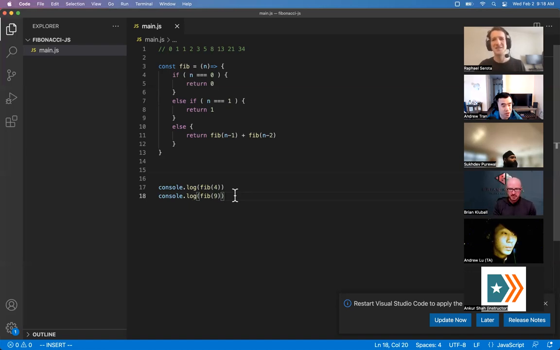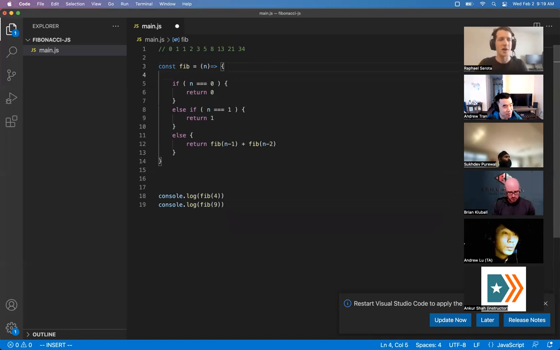Probably like 50 times or so. I think that's a good guess. How do you think we would investigate that question? You can add a counter before the return fibs or something. Yeah, I can actually just put it at the top just to make sure it runs before any of the